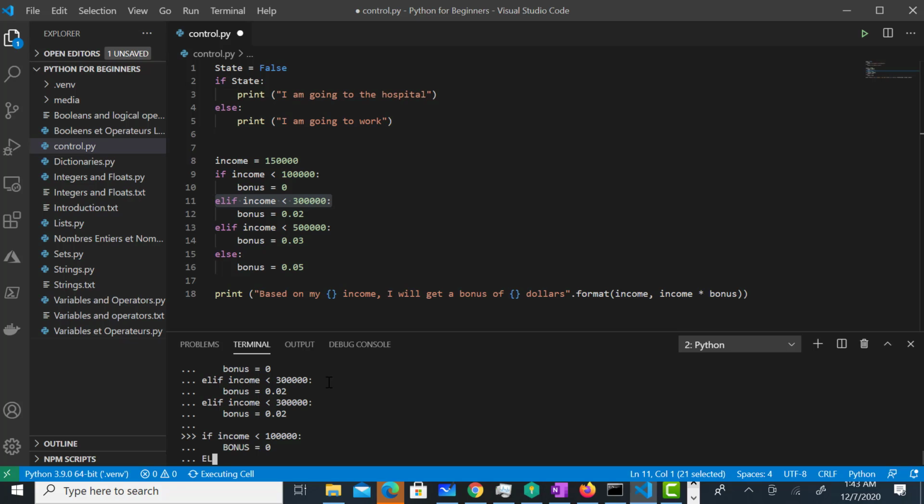Elif income is less than 300,000, then my bonus, I should have that in capital, bonus equals 0.02, and then elif